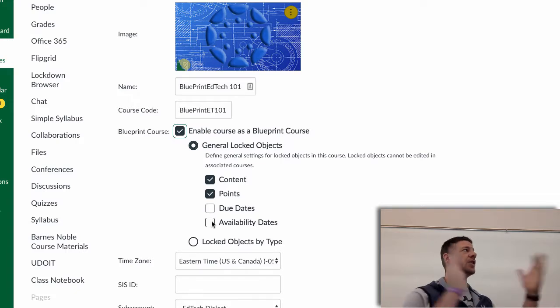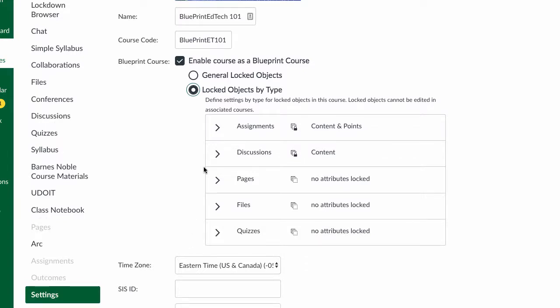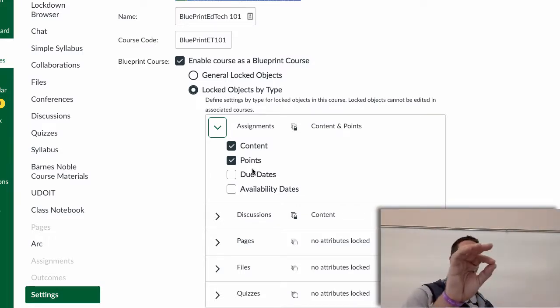So if you want just general locked items, that's the way you'd go. If you want to lock content by type, you can get more specific, and you can lock only assignments or discussions. And for each one, you can decide what you want to lock. Okay, so there's a lot of options here, and the biggest takeaway I want you to take from this is